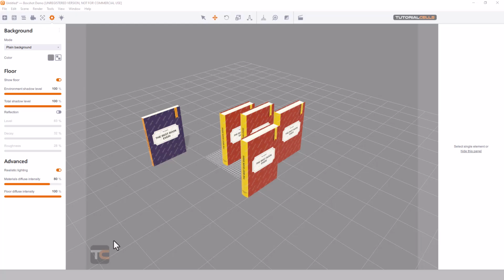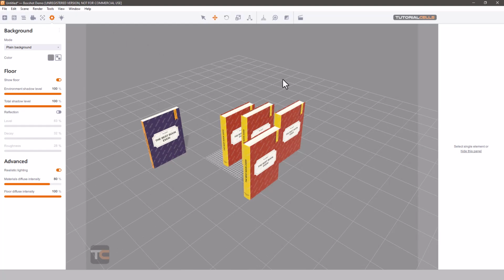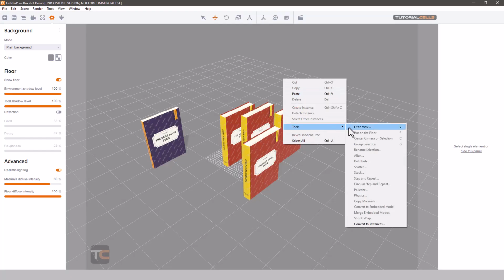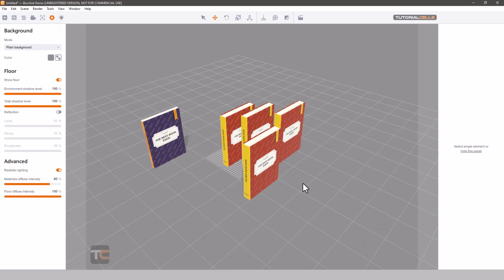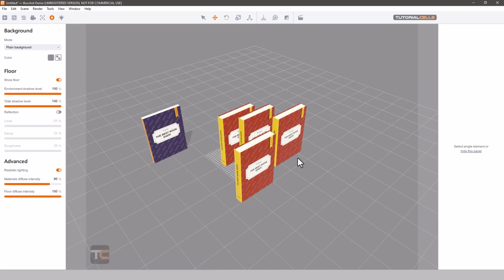Okay, let's talk about tools. If you right click in the tools, we have align, distribute, scatter, stacks, step and repeat, circular step and repeat, and all the other tools. First, I want to explain